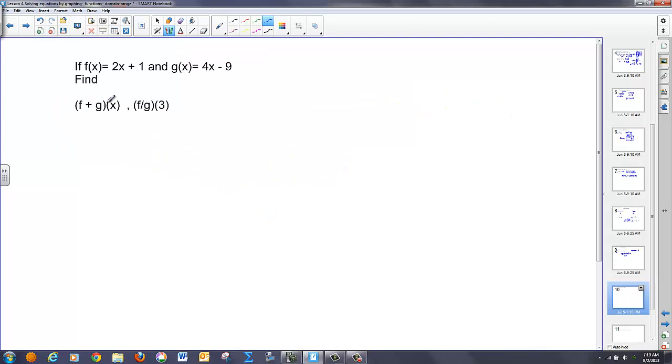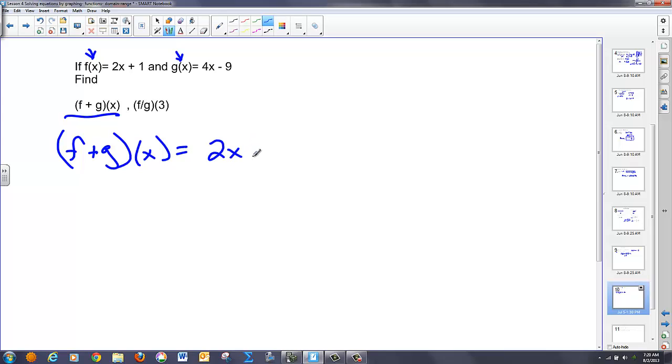In this case, we have two functions, some f of x and g of x. And we're asked to do the following two things: find f plus g of x and f divided by g of 3. In this case, there's no substituting numerical values for x. It's just x is x. So what I'm asked to do in the first case, f plus g of x, is just take the two functions and add them together. So I have 2x plus 1 plus 4x minus 9,